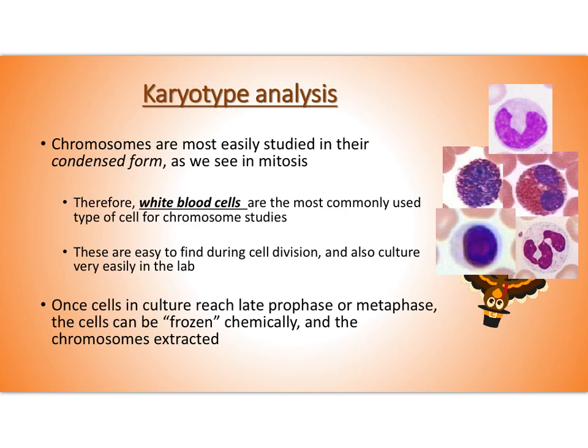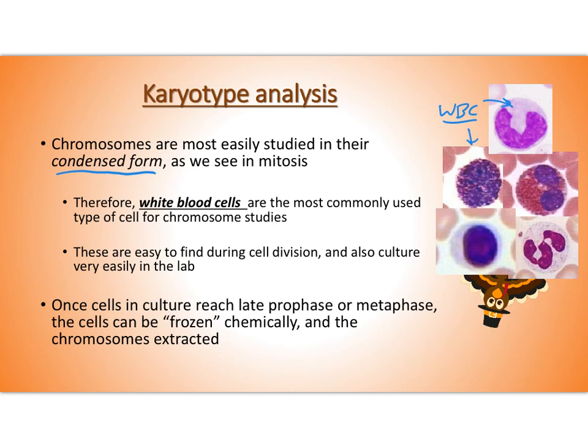The first thing we have to realize is that chromosomes must be in their condensed form, what they would look like at the start of cell division, in order for us to see them. If they're not condensed, like during interphase, the chromosomes aren't really separate chromosomes. They're just bundles of genetic material that we call chromatin, and we can't tell one from the other. But if we take a white blood cell, and these are 5 different types of white blood cells here,